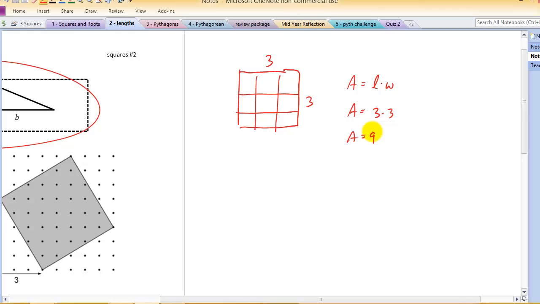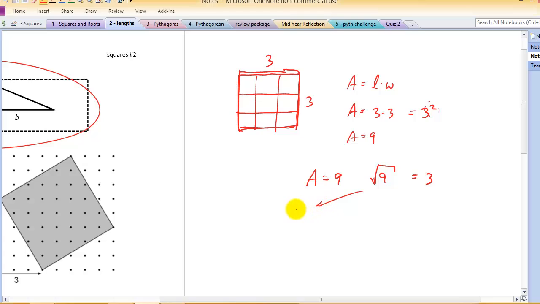So some new terminology we can throw in here, or perhaps it's not new for you. 3 times 3 is the same as writing 3 squared. So there's that word popping up again. Squared relates right to this geometric idea of a square. So we have a mathematical algebraic idea of square, and then we have the geometric idea of square. But they're sort of the same thing. We also have the idea of a square root. If I have area of 9, if I take what's called the square root of 9, that's equal to 3. And what that means is,